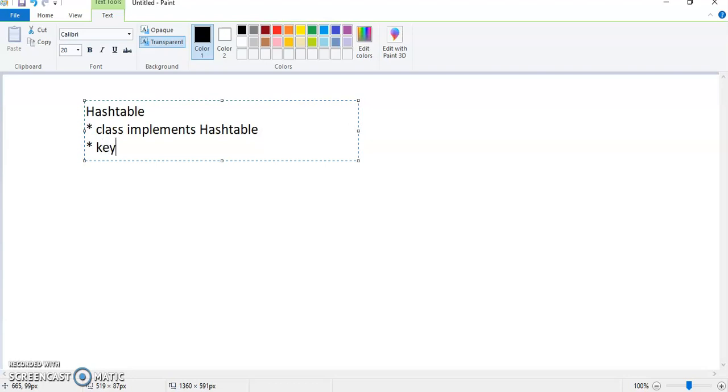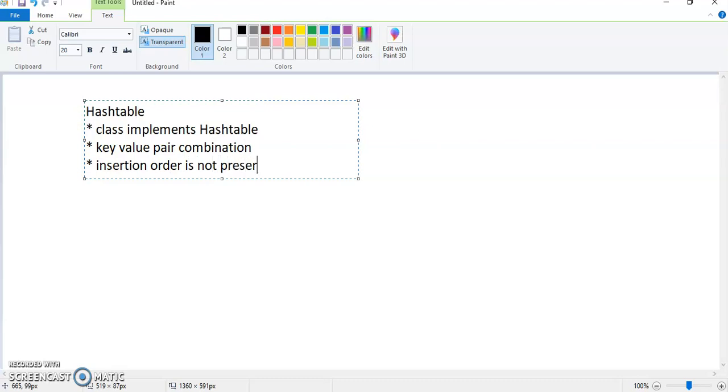In this Hashtable the insertion order is not preserved, and always remember, the order will be according to the hash code. Depending upon the key, it will generate a hash code.